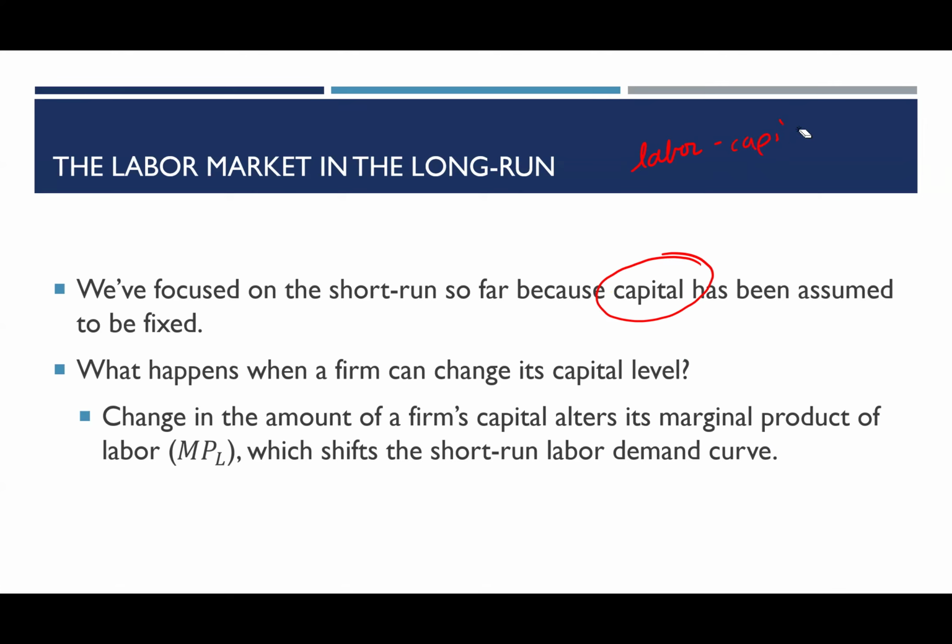So when the firm can vary how much capital it hires, that's going to impact directly how much labor they hire as well. They're substitutes, but then, right, in some production functions, they're also complements, right? So as capital is substituted for labor, we'll see the amount of labor drop, but as capital complements labor with more capital, we'll see more labor hired. All right, so it's going to depend fundamentally on the firm's production function.